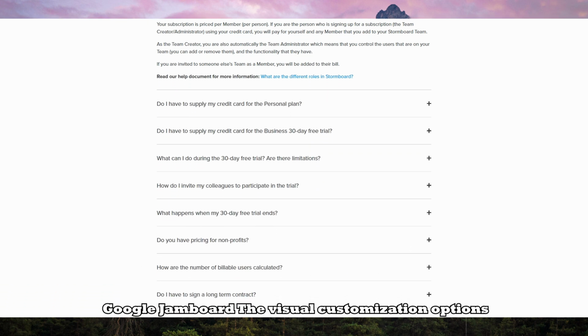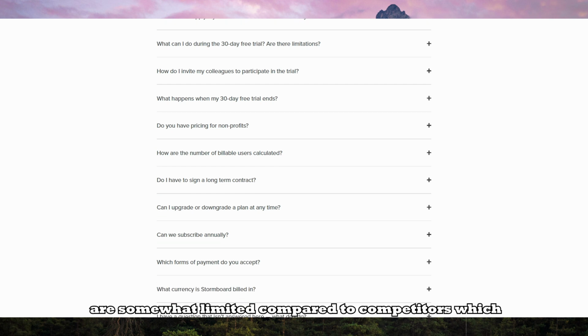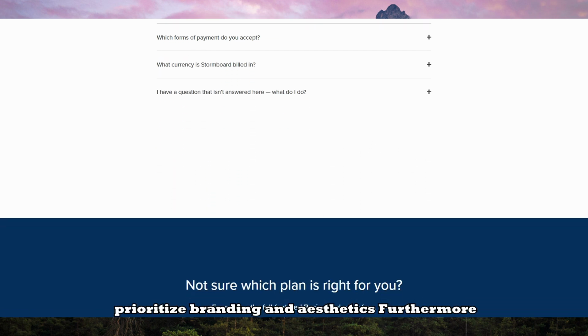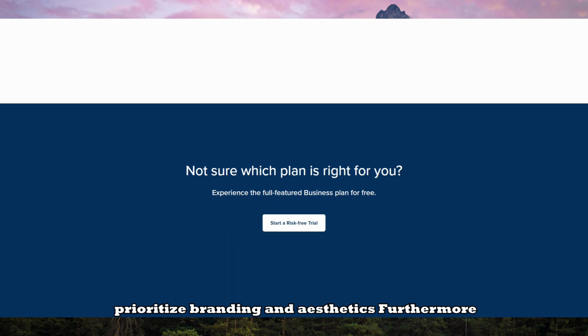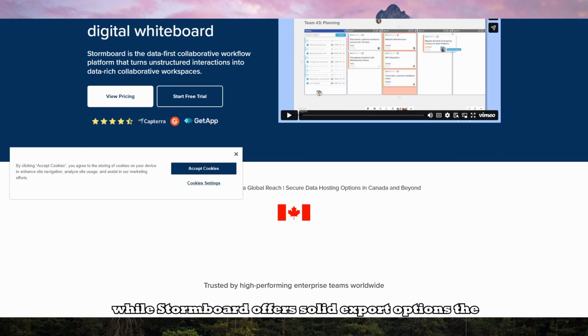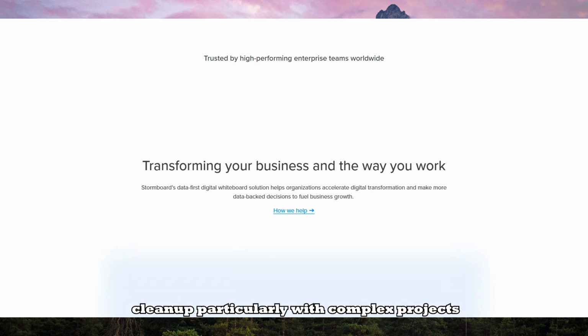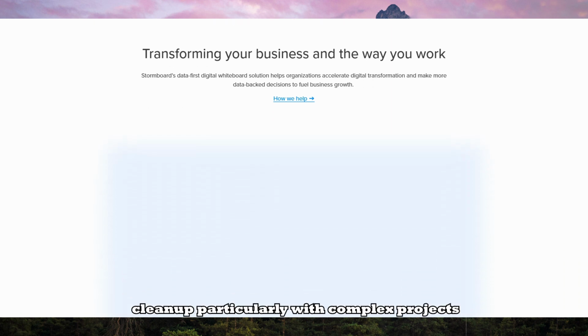The visual customization options are somewhat limited compared to competitors, which might impact user adoption for teams that prioritize branding and aesthetics. Furthermore, while Stormboard offers solid export options, the formatting can sometimes require additional cleanup, particularly with complex projects